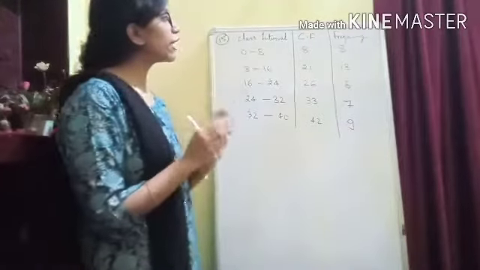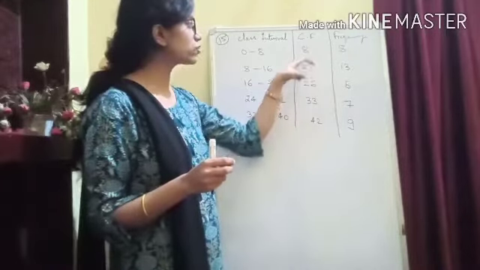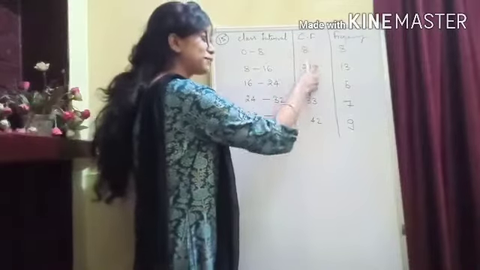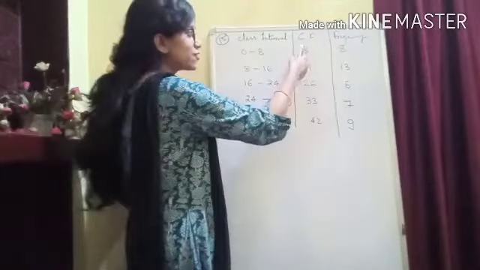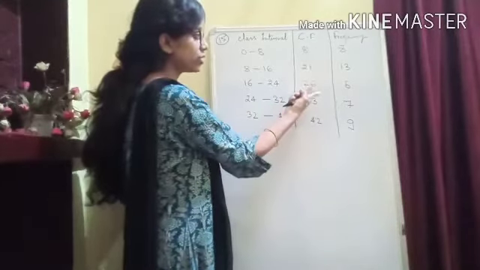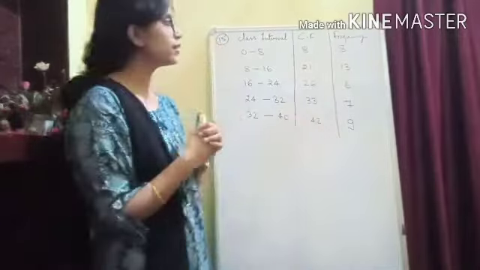Okay. So we have to do nothing. Just the first entry is the same, and then we have to subtract the number from its, you can say, succeeding number. Like 8 we will subtract from 21, then 21 we will subtract from 26, and we will be writing the answer in front, and that will give you the frequency table.